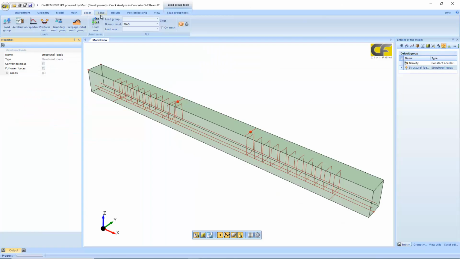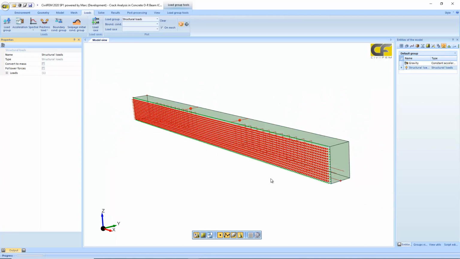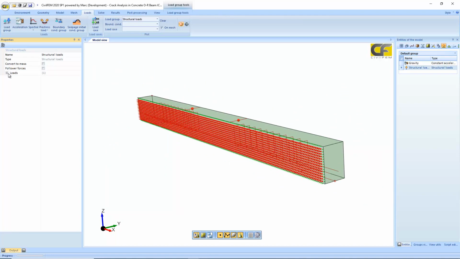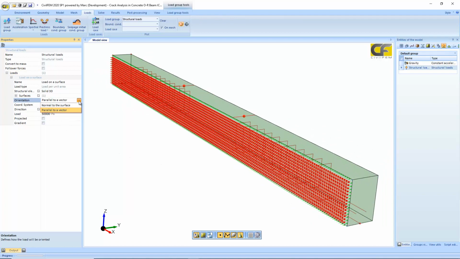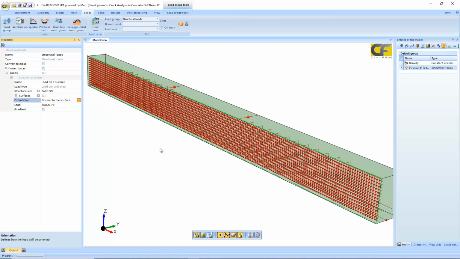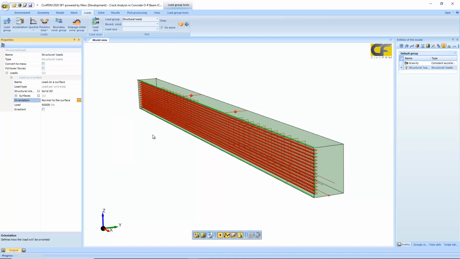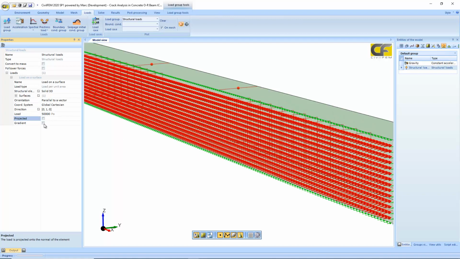a value. I can check here. Here's my new force, my new pressure. It's constant, and we have options here to change each value. Well, the orientation is always parallel to a vector, following the y direction, but can be as well normal to the surface. In this case, it's the same because the surface is normal to the load direction, but in case you have another shape, it will follow the normal of the surface. The same if you can use the projection or full pressure, but in this case, I want to show you